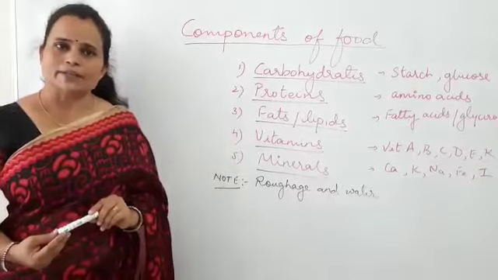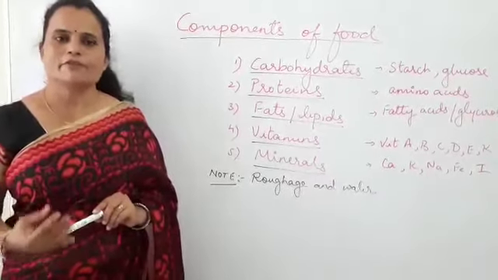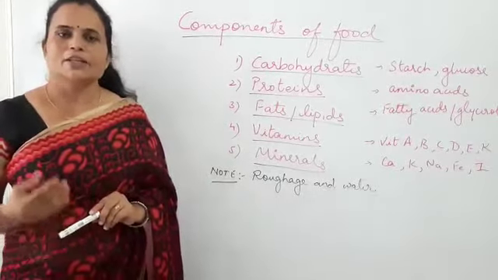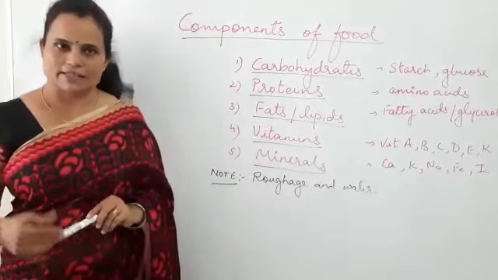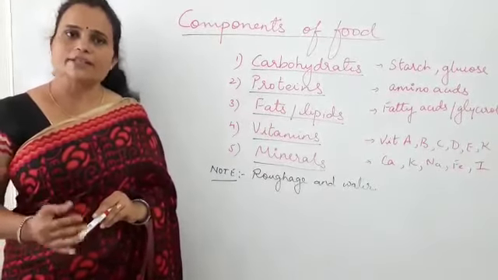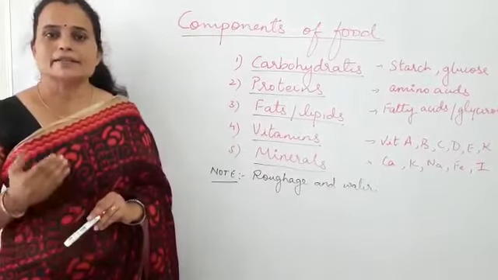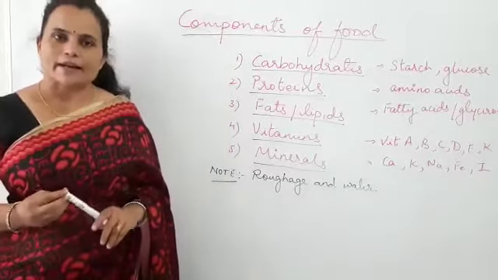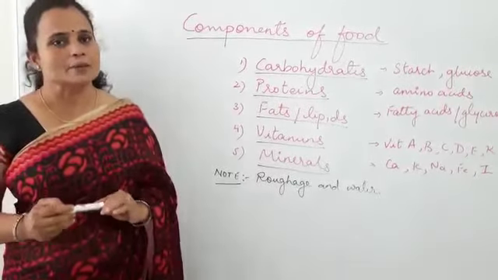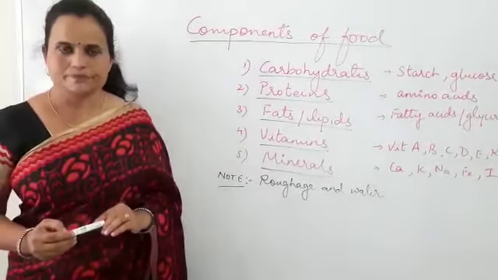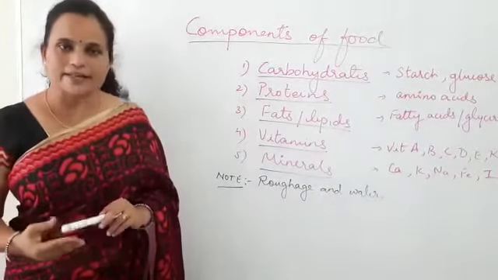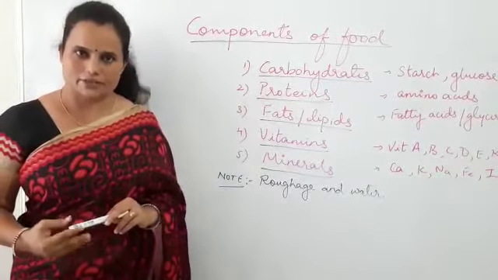The third component is fats. Now what are fats? Fats are also known as lipids, okay? The oil and ghee which we eat in our daily food is basically fat. Fat is also energy giving food, but it is the reserved food of our body. The fat is kept as reserve food in our body, and it is used when carbohydrate is not available. What is the simplest unit of fat, meaning what is fat made up of? Fat is made up of fatty acid and glycerol.